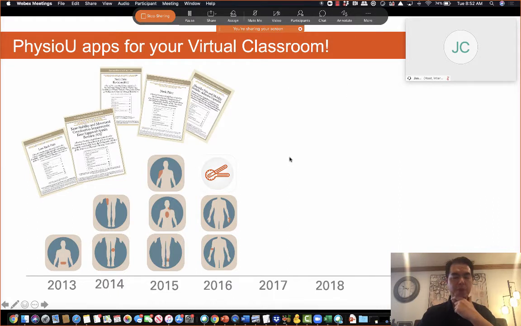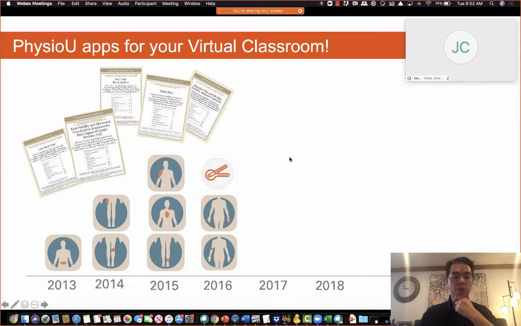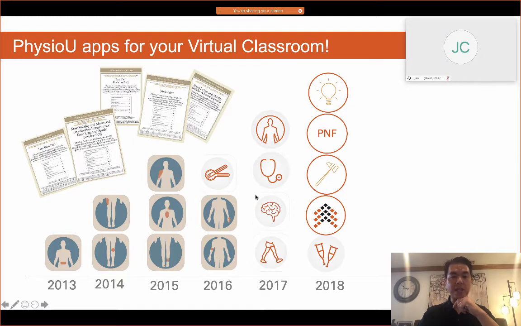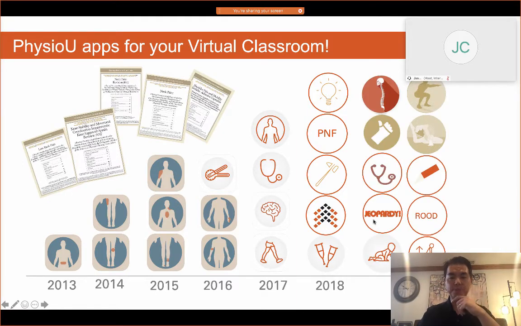So you can see we've been building a lot of these apps over the last 4, 5, 6 years. And all of the clinical practice guidelines are built into these apps. I'm one of the guideline writers for JOSPT and the Academy of Orthopedics. And so we have thought that this is a much more engaging way for you to learn about the best evidence for practice. You can also see that as we moved on, we started getting faster and faster at building apps. And I'm going to show you a few apps that are especially pertinent to the classes you guys are about to take starting this semester.